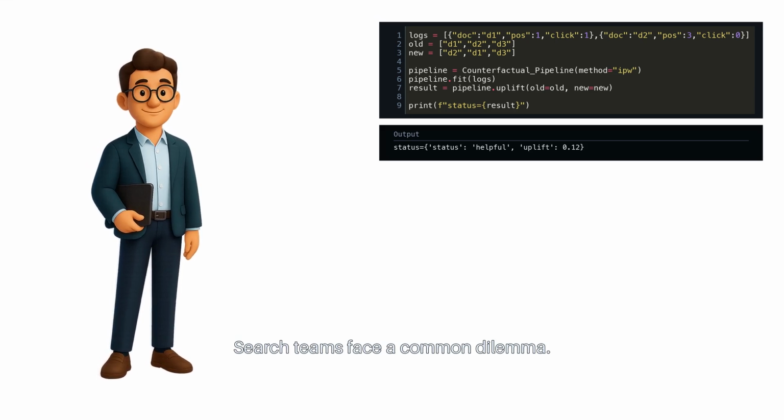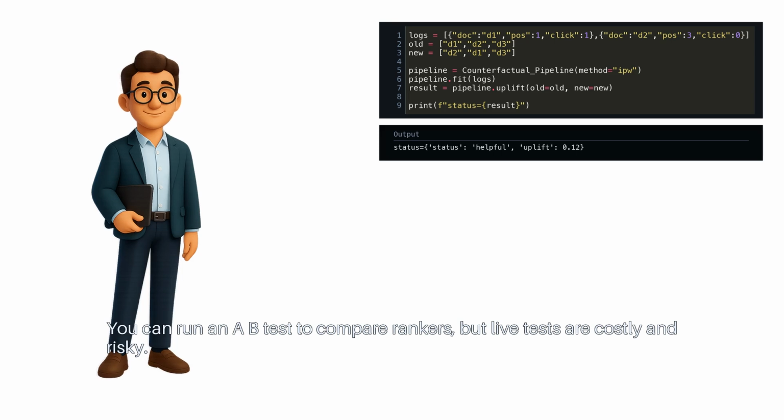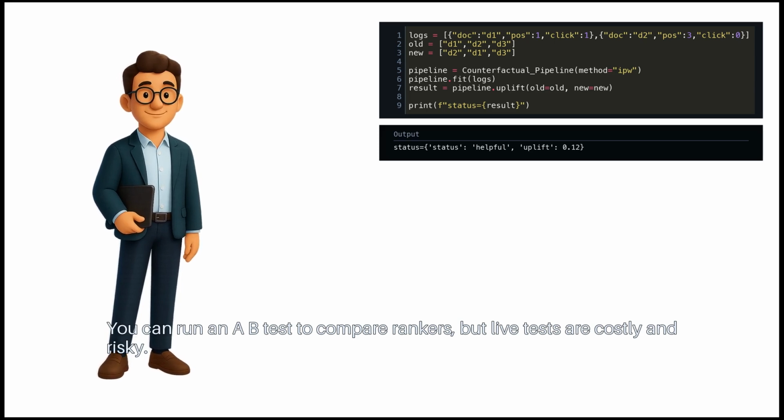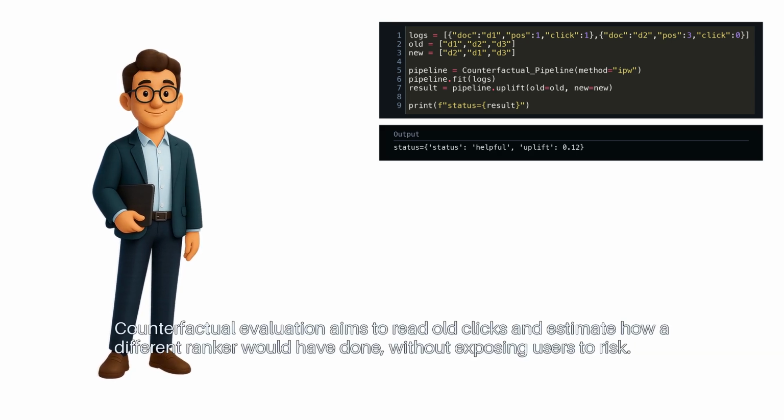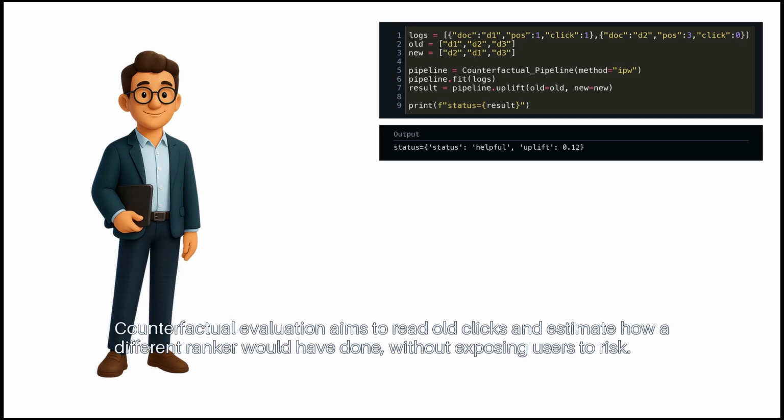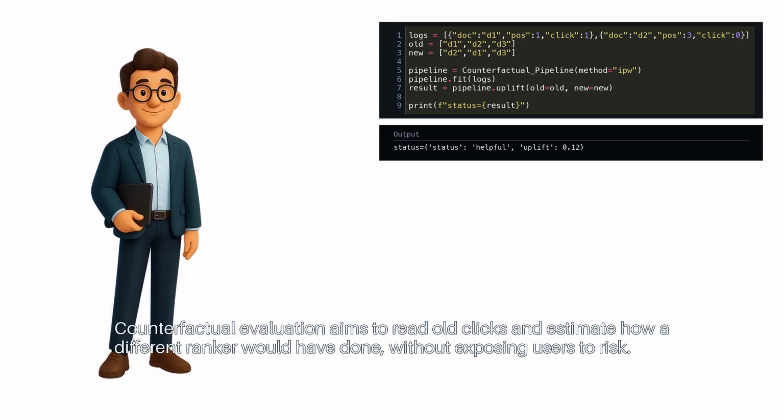Search teams face a common dilemma. You can run an A/B test to compare rankers, but live tests are costly and risky. Clicks tell a story, but they are biased by position and exposure. Counterfactual evaluation aims to read old clicks and estimate how a different ranker would have done, without exposing users to